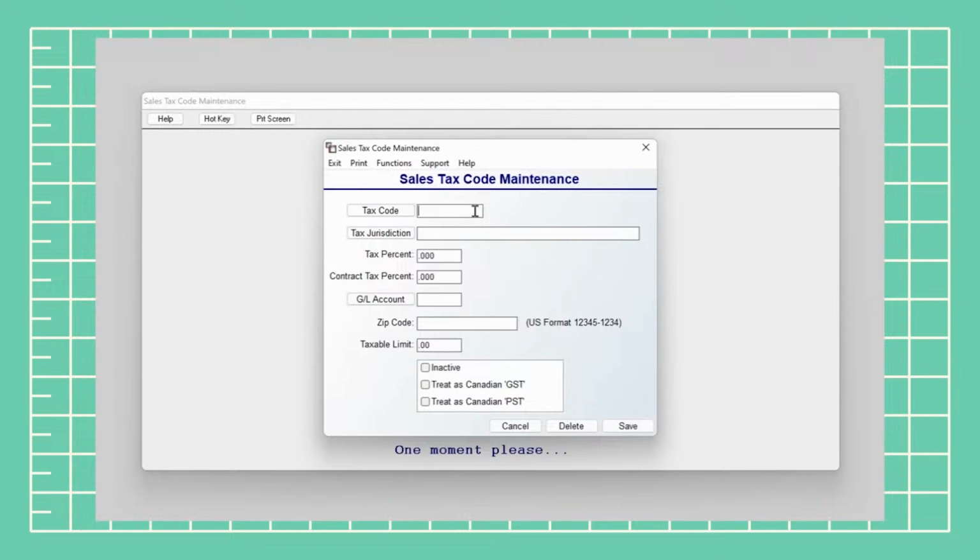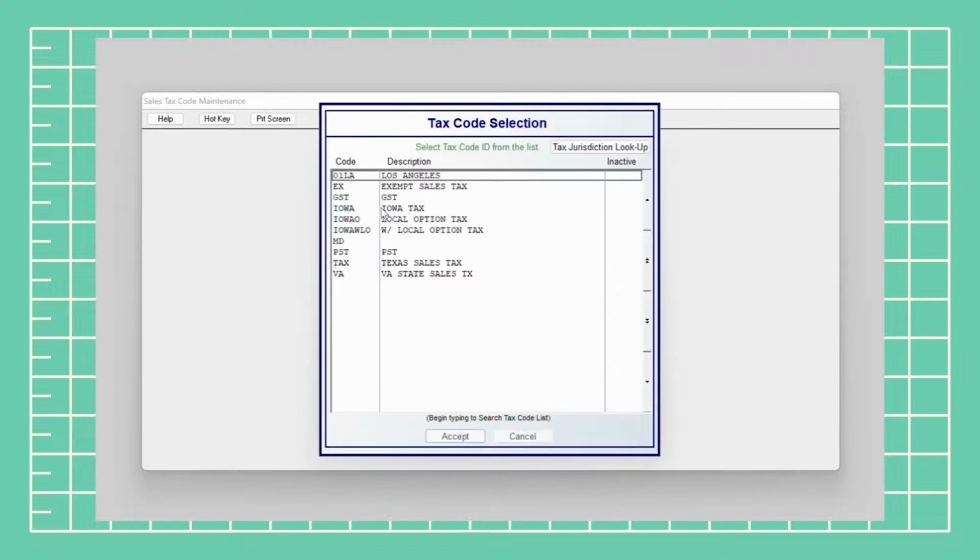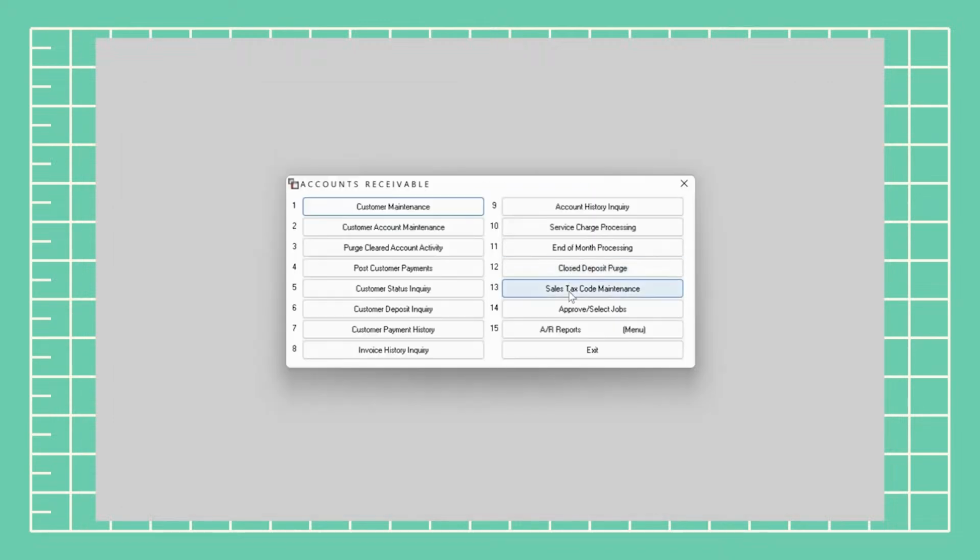And at this point, that tax code we have added is now selectable in our tax code box. So if I go ahead and click that, we can now see the new tax code that we added right up top, Los Angeles tax. Now that we have sales tax code set up, we can go ahead and look at some of these other